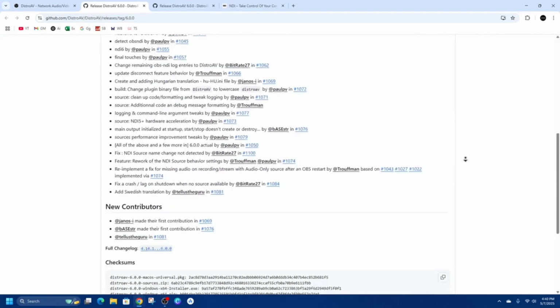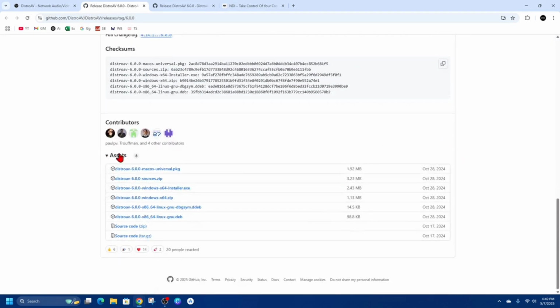And then we want to scroll down, and I'm assuming you're using Windows, so click on Distro 6.0 time recording Windows x64 installer, or if you're on Linux you can download Linux if you like, but this demonstration is going to be on Windows, so click on Windows x64 installer. From here, go ahead and open up the download. If it doesn't pop up here, go to the download section in your computer and open it up,